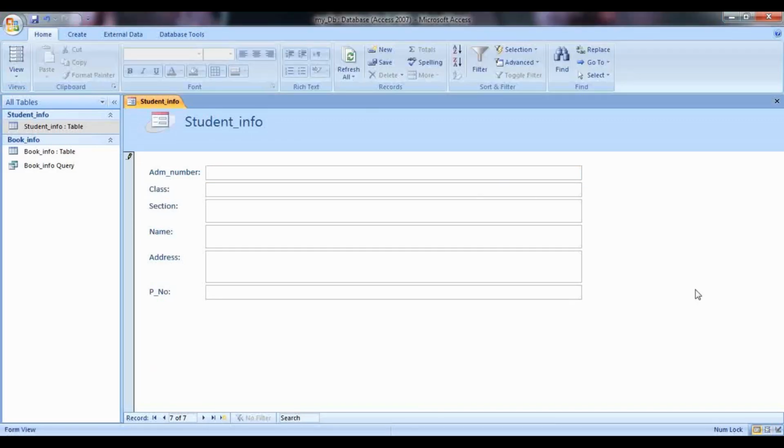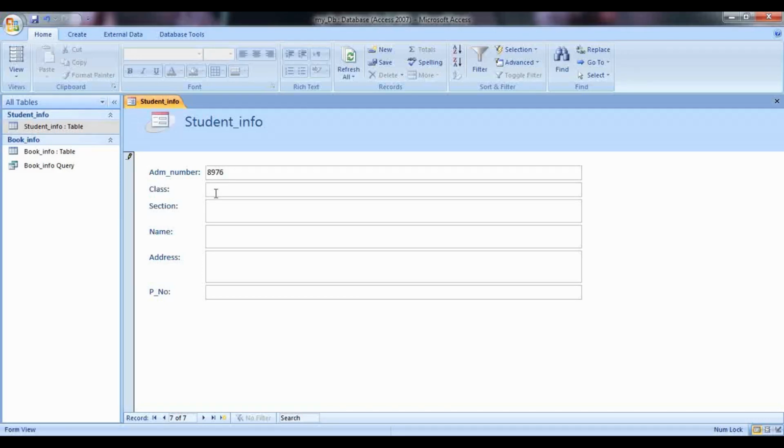To enter a new record here, what you'll be doing is, in the table, in the view, you will go to the form view. Once you click on the form view, now you can edit the form and enter any new data or any new entry. So let me just add a new entry and show you.